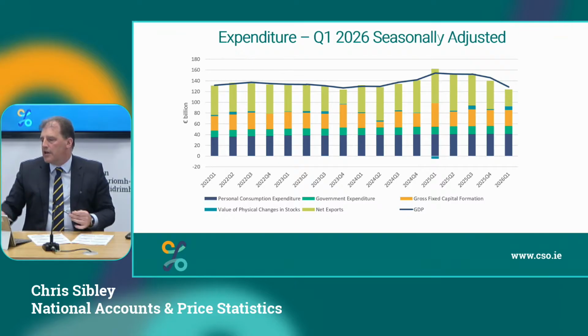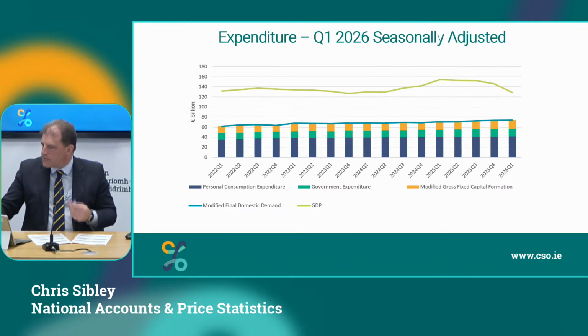On the expenditure side of the accounts, we get the expenditure measure of GDP by adding up consumption, government spending, investment and net exports to get the blue line at the top. And we strip away the net exports to come up with domestic demand. So we modify investment too. To build up from the bottom, you have our consumption of goods and services, government spending, and then modified investment. And that gives us our MDD result, or modified domestic demand result, of plus 0.6% for the quarter.